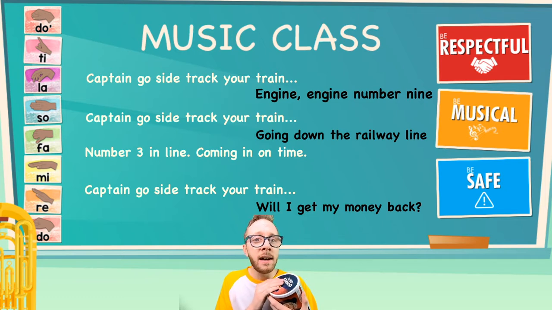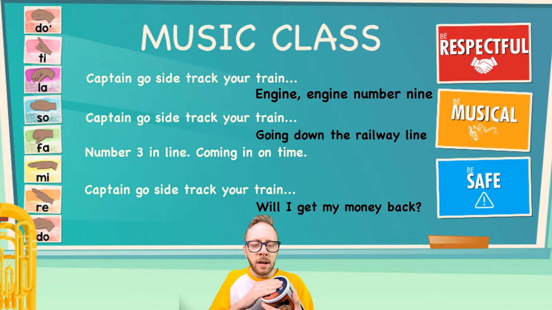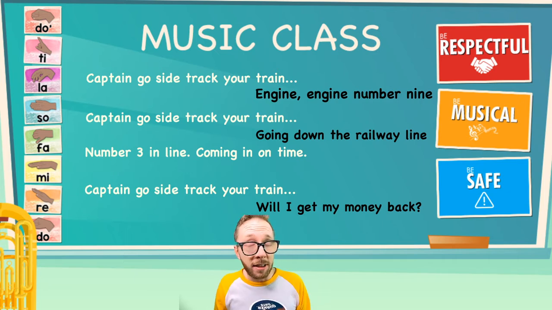Captain, go sidetrack your train. Captain, go sidetrack your train. Number 3 in line, coming in on time. Captain, go sidetrack your train. Just like that. Now, there's lots of different sounds you can find at home, so I encourage you to